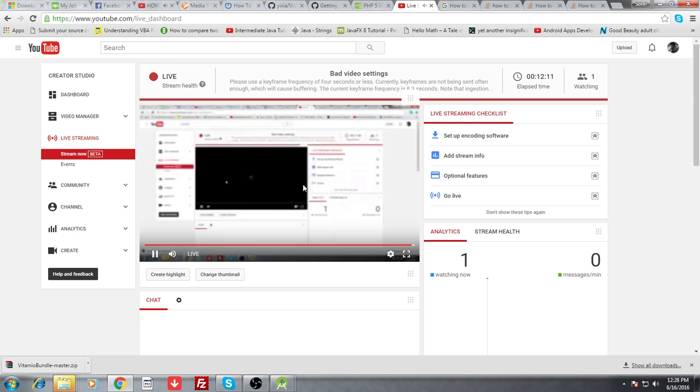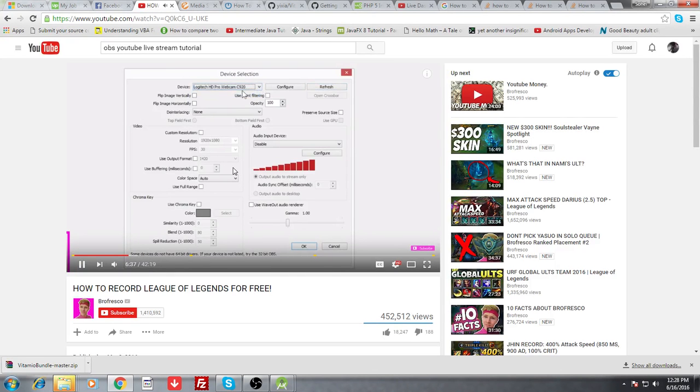And then as you can see, device, I have a Logitech webcam attached to my computer, plugged into the USB. If you have it, it will recognize it. If you don't have one, as soon as you plug one in, just click refresh. It'll refresh this, and then you can choose